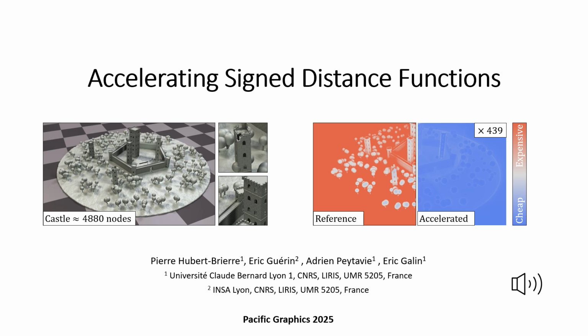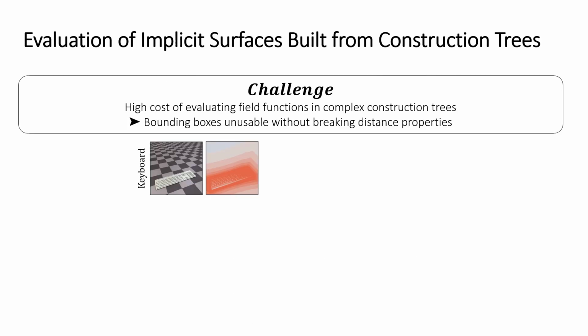In this work, we address the high computational cost of evaluating signed distance functions by introducing a set of optimizations specifically designed for construction trees, enabling faster and more efficient rendering and modeling of implicit surfaces. Implicit surfaces from construction trees are well suited for complex geometry but expensive to evaluate, especially for rendering and ray